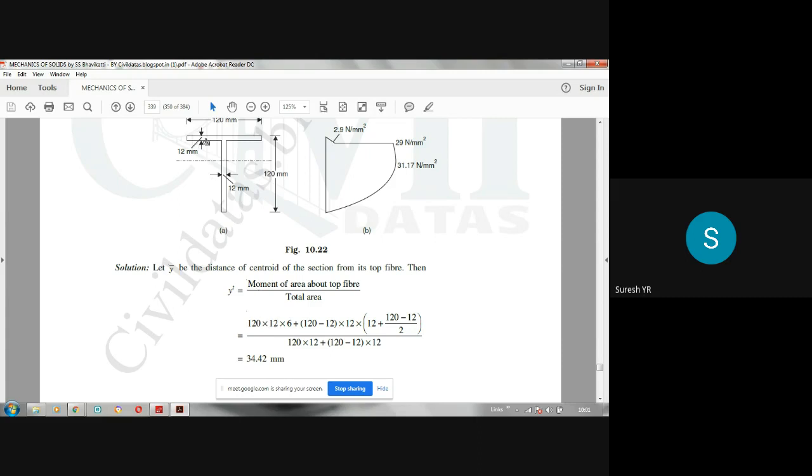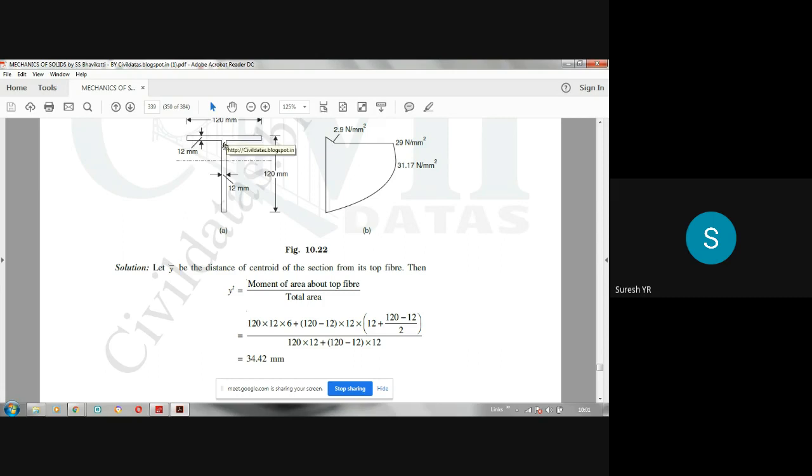120 into 12 is the area of this flange, into the distance of the CG of the flange from the top fiber, which is 12 divided by 2, which is 6. Plus, then you take this web portion. What is the depth of this web? Depth of the web is 120 minus 12. That is what he has written. 108 into 12, where 12 is the thickness. So that is the area into the distance of the CG of this web from the top fiber, which is nothing but